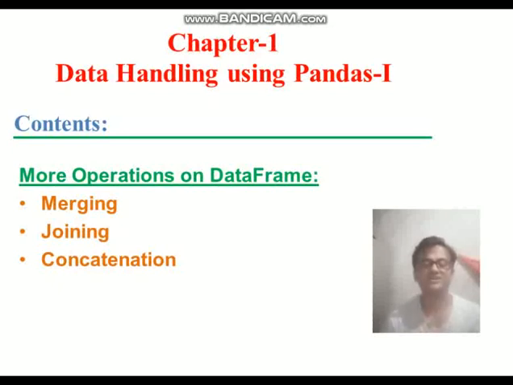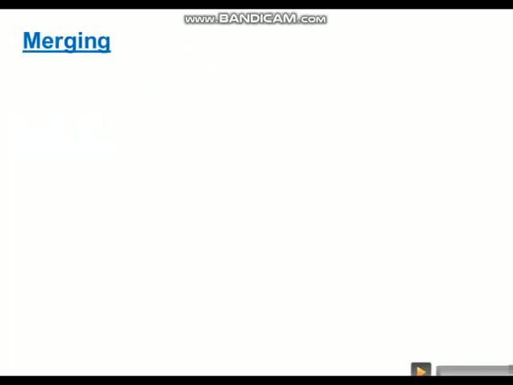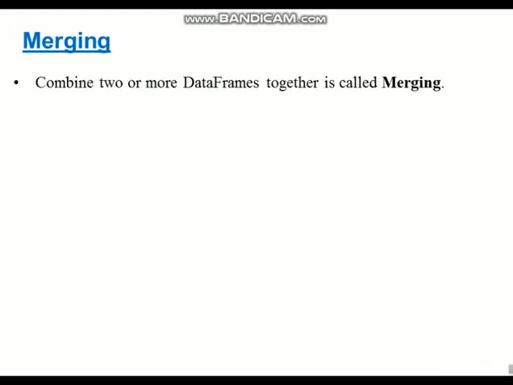So let's start with the very first topic of data handling operations, merging. Combining two or more data frames together is called merging. That means if we have two or more data frames and we want the result as a single data frame, then we use the concept of merging.